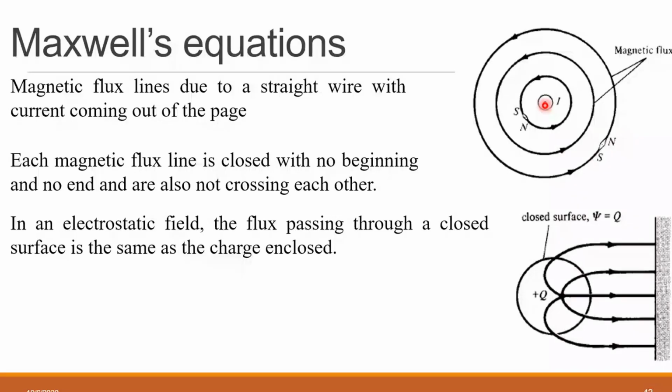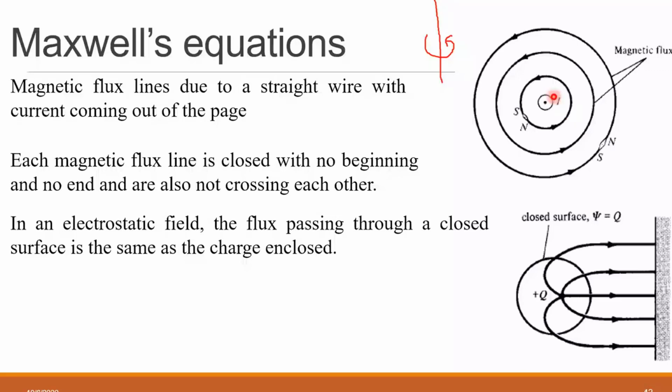The filament is like this. The filament is straight, and whatever field is generated will be in this direction, either clockwise or anti-clockwise. That depends upon the direction of the current. Now in this case, the current is coming out of the paper, because a dot sign is shown at the center. So this dot sign indicates that the current in the filament is coming outside the paper.